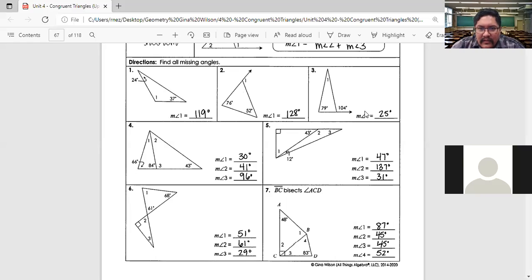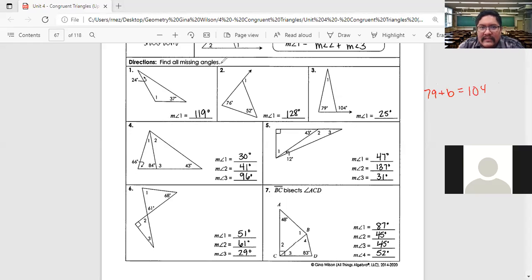All right, number 3. So same thing with this one here. Now, in this case, we know the exterior angle, and we know one of the interior non-adjacent angles. So we're looking for this one here. So what we're going to have to do with this one, let's see if I can get my drawing tool. Well, we know that both of these, so that's 79 plus, and I'm going to rename this angle B. I don't know what it should be renamed, but I'm just going to call it B. And then we're just going to have to minus